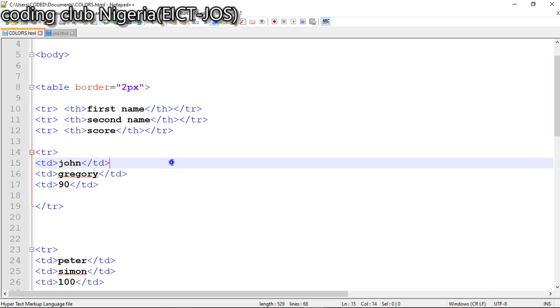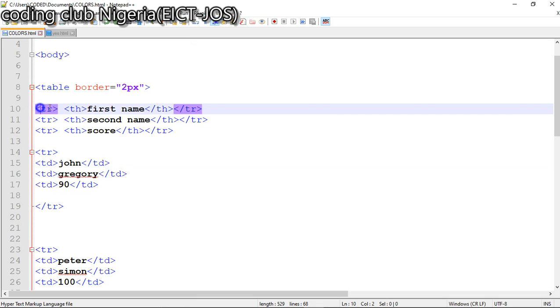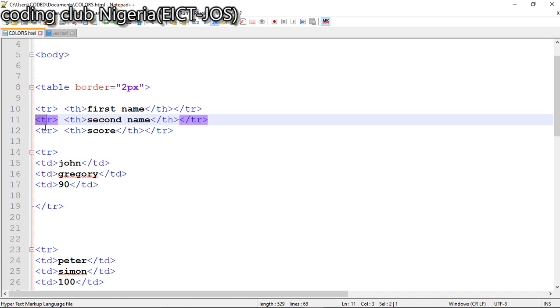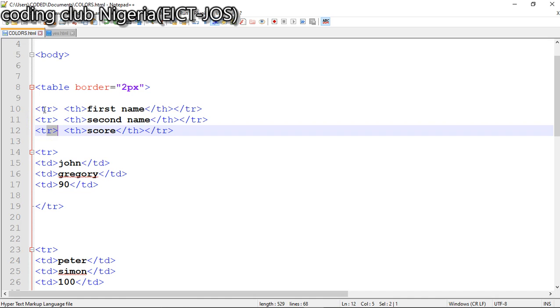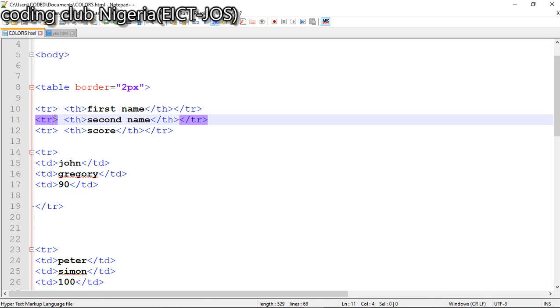So the reason why this is because I inserted the first table row. I think you should know this by now. And then I'm closing it by another table row. Then my text is within. Then I have another table row, which is the second row, and this is the third row. So anytime you see this opening tag tr, closing tag tr, this represents the first row. The second row starts with another tr, closing tr, which is the second row. So, but to make everything be in the first row, all I have to do is